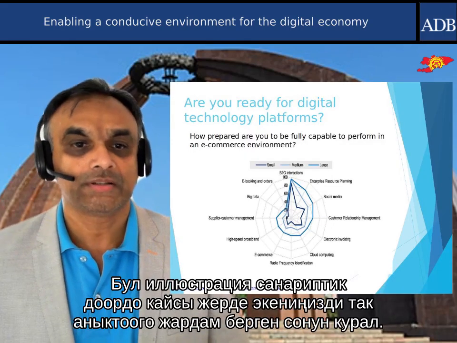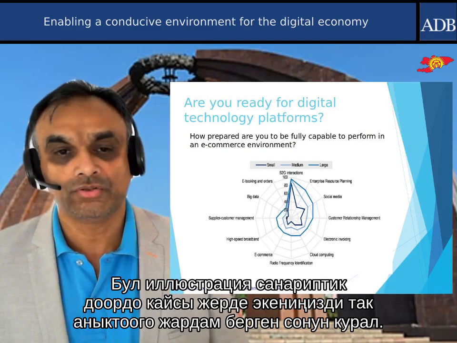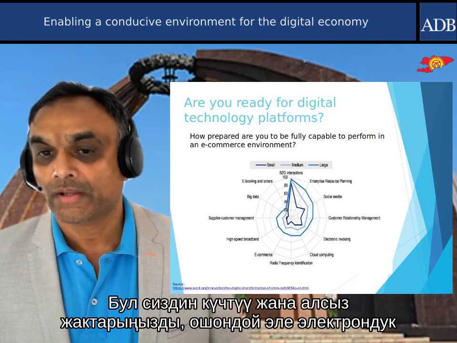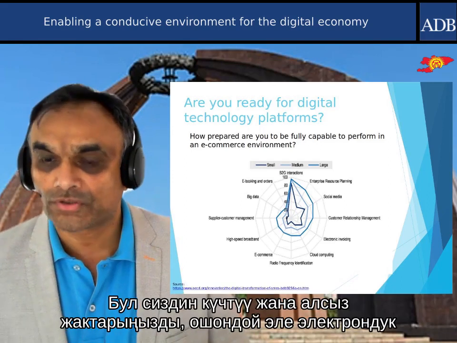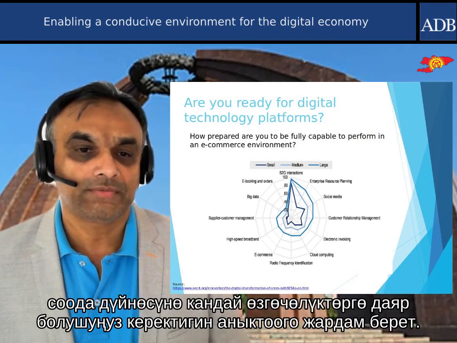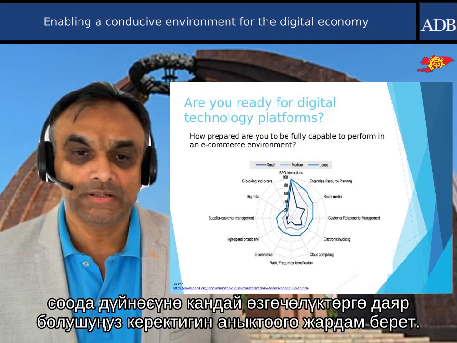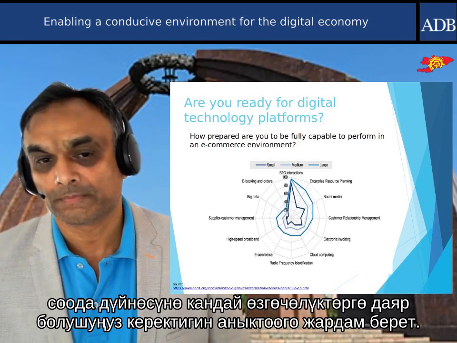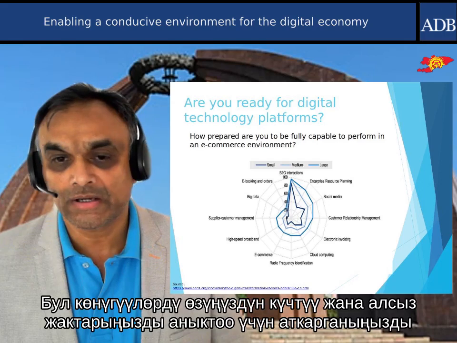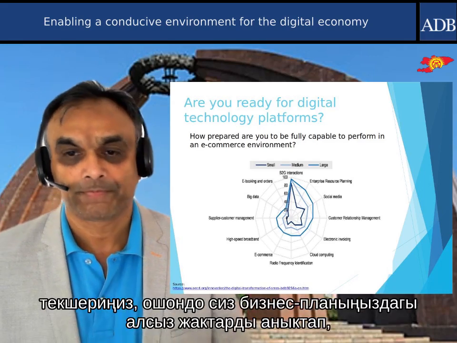This illustration is a great tool to assist you in identifying exactly where you are in the digital age. It will assist you to identify both your strengths and your weaknesses and enable you to identify what capabilities you need to be ready for the e-commerce world. Ensure that you conduct this exercise to establish where your strengths are and where your weaknesses are, so that you